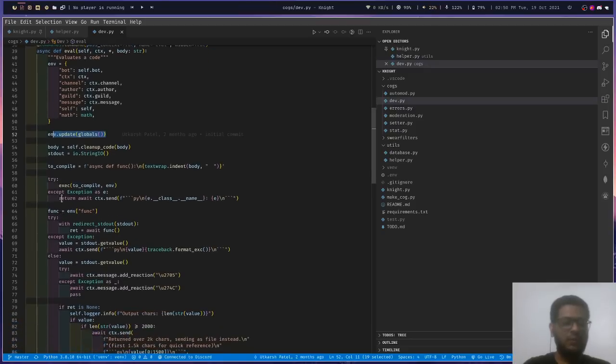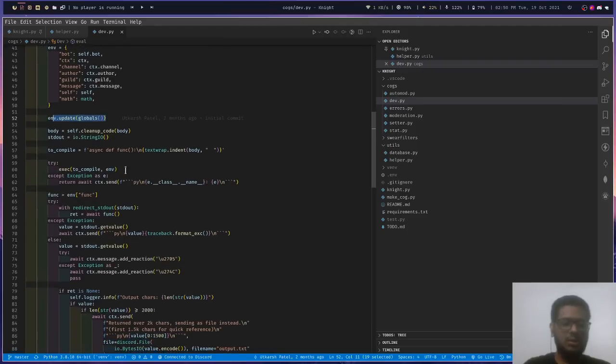After that we will get our standard output, and then we will execute the code here.